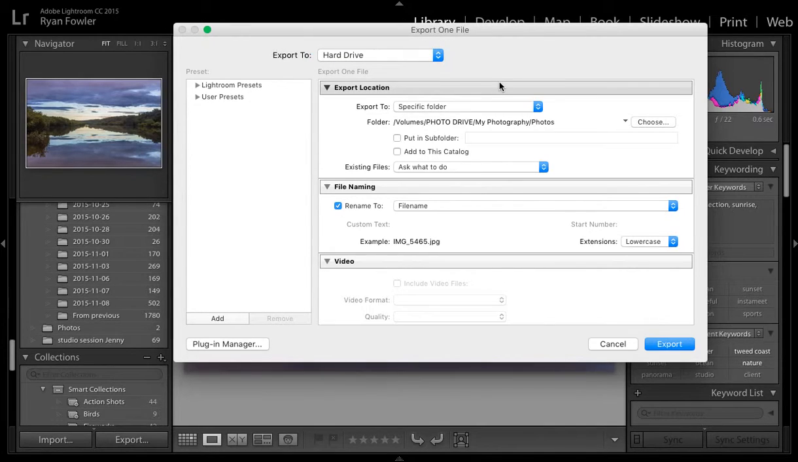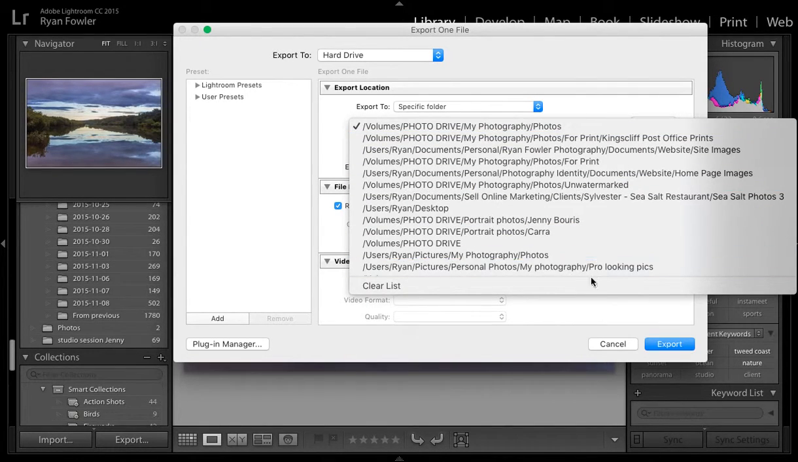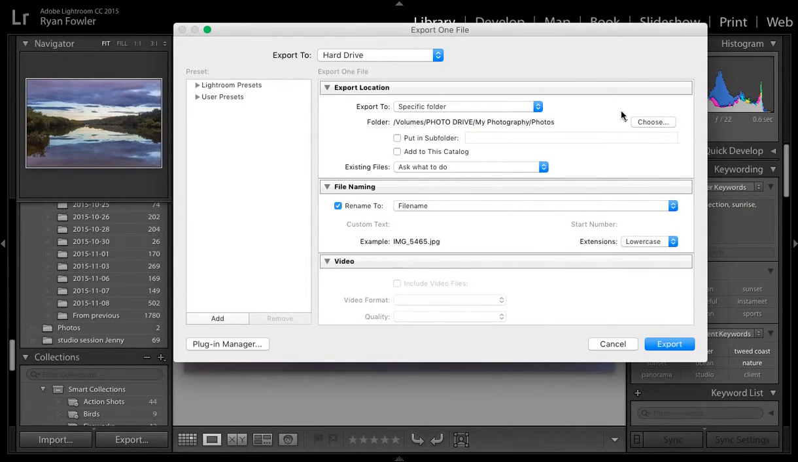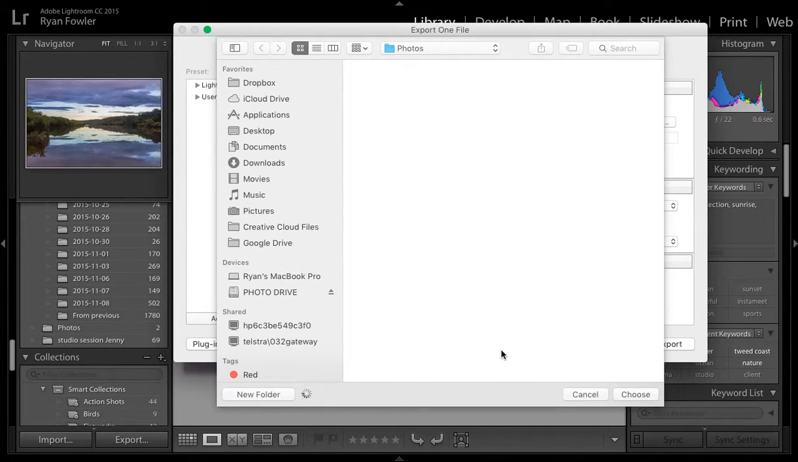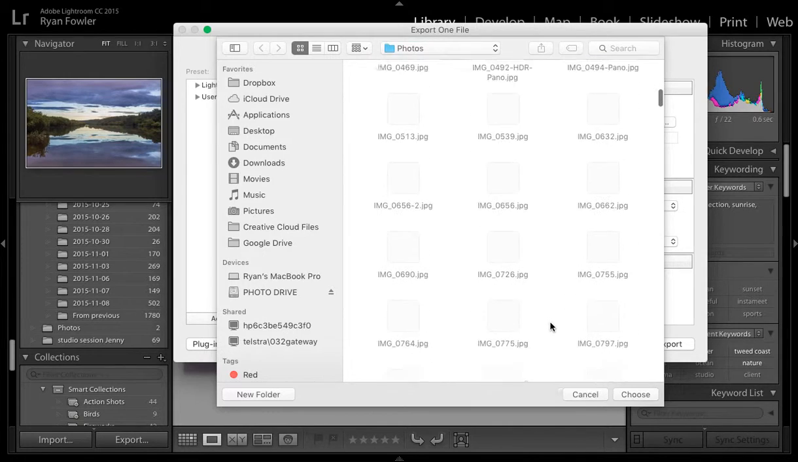So what I'm going to do is go hard drive. And that's where you can choose here. So usually what I'll do is export to a specific folder somewhere that I exactly want them to go, and then I actually export onto an external hard drive so it doesn't fill up my hard drive space on my computer. So I've just got that set up as my photography photos, and then here I've got a whole bunch of recent export locations that I can automatically go to, or if I want a new location, all I do is just hit choose, and that will bring up the regular file